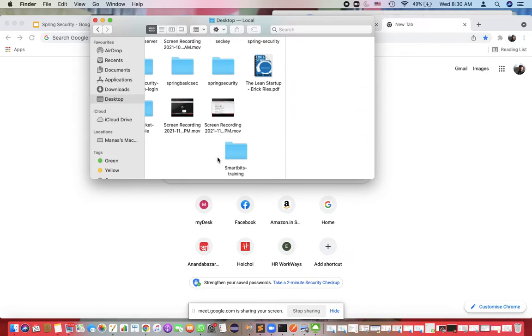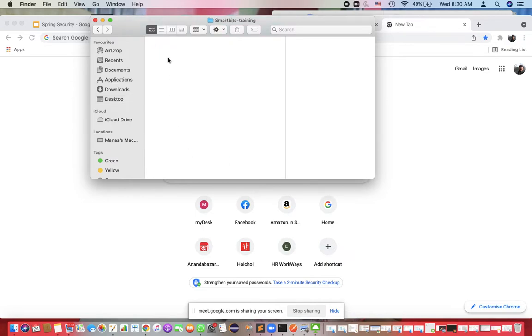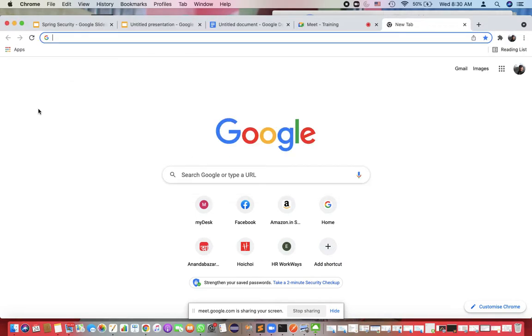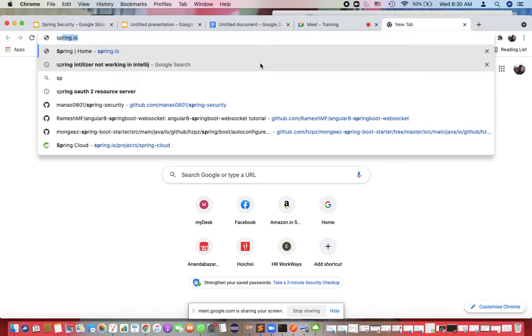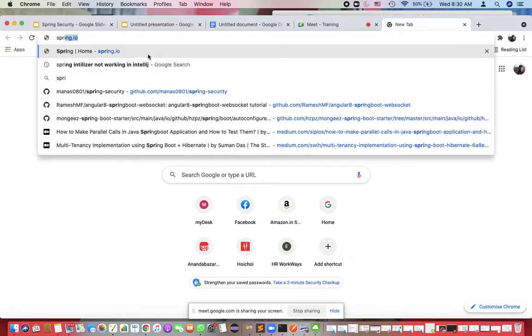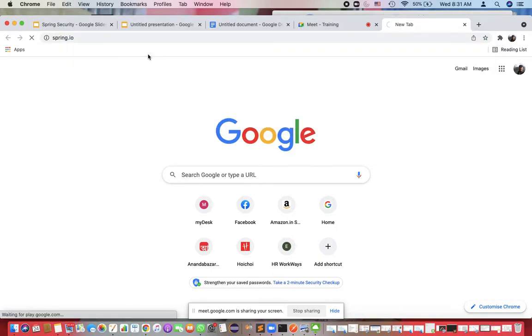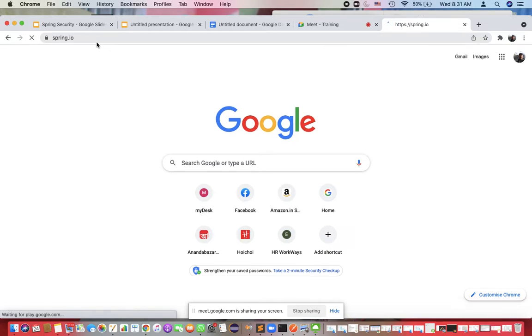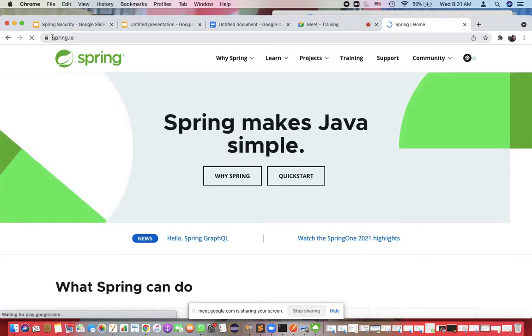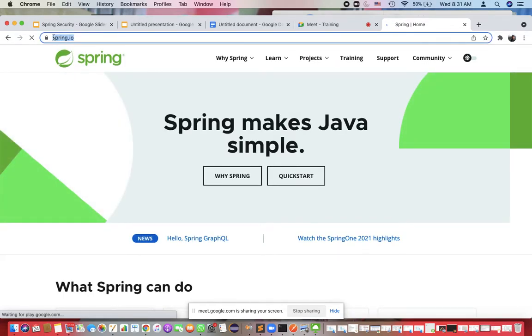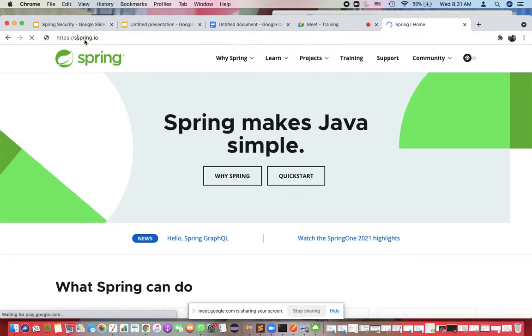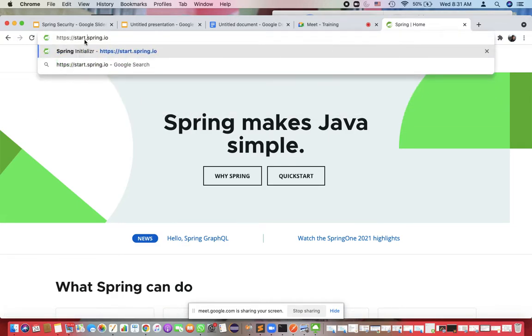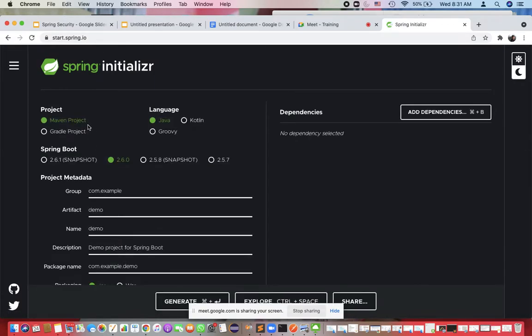This is my folder, and inside that there is nothing. So I'll go to the Spring Initializer, start.spring.io. I'll ask it to give me a project.